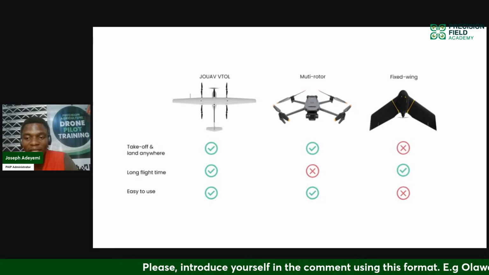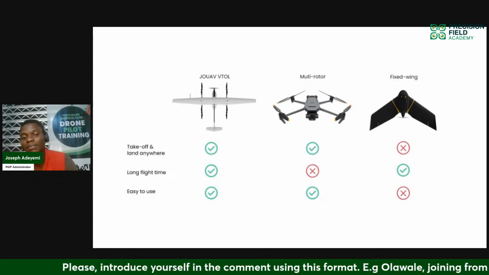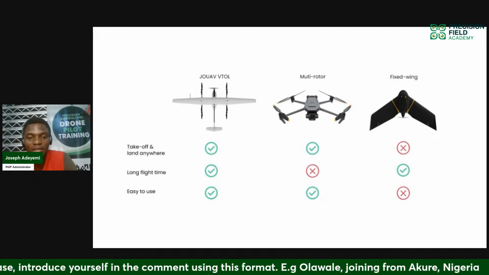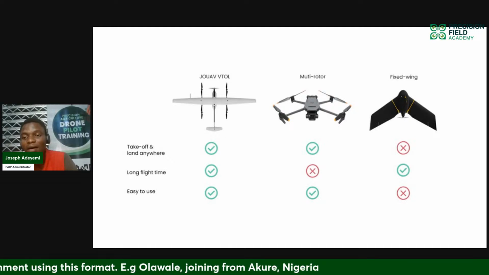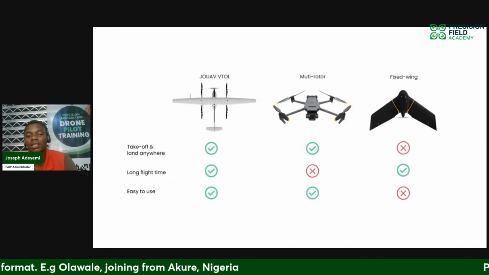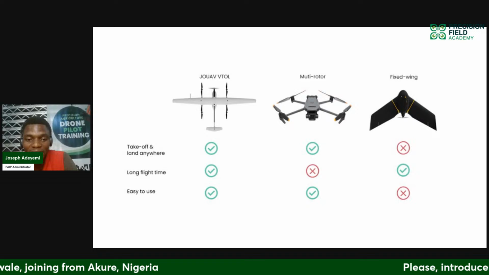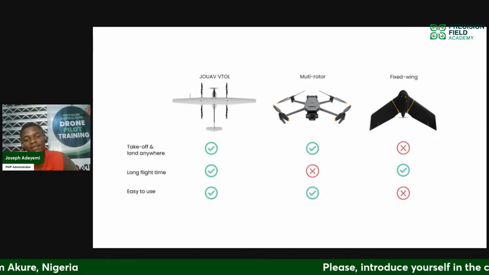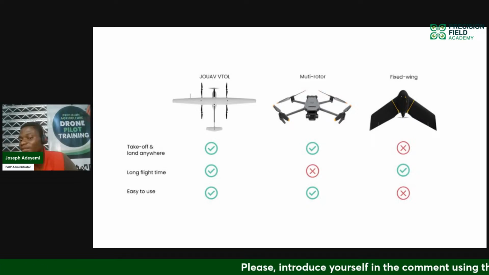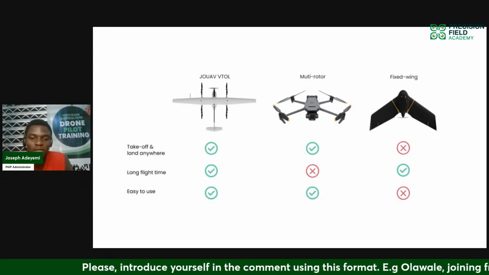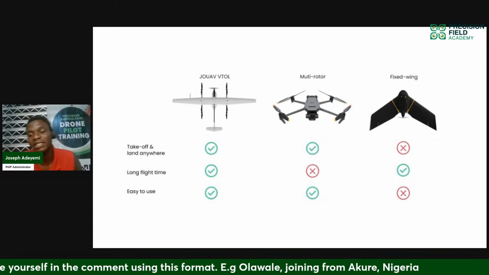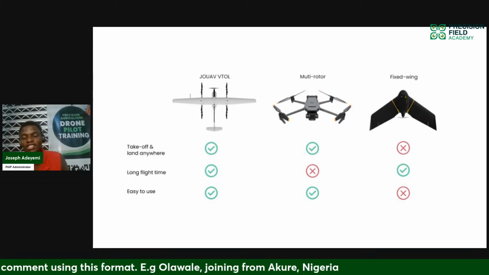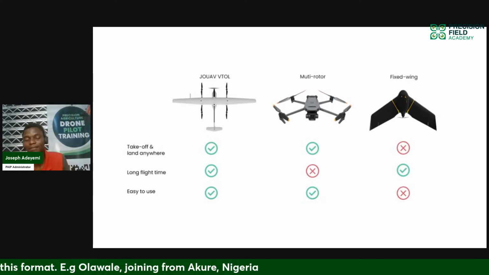And we have the fixed wing. The fixed wing primarily uses a single engine, a single power system, a single motor to propel itself in complement with the fixed wing it has. This gives it the capability to perform certain functions. Each of these classes has its pros and cons, or what we could call merits and demerits, or advantages and disadvantages or limitations.